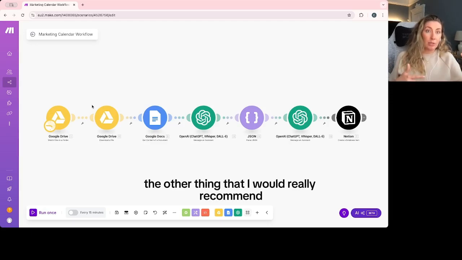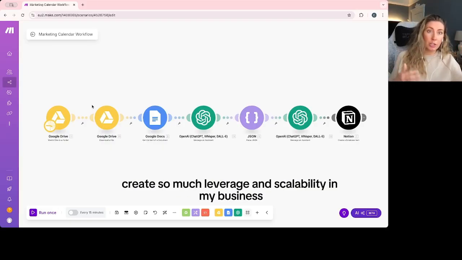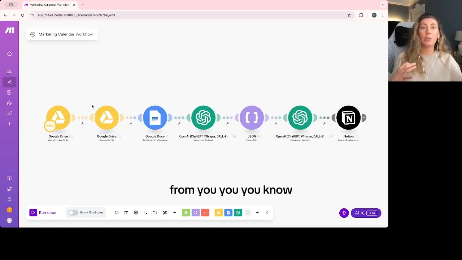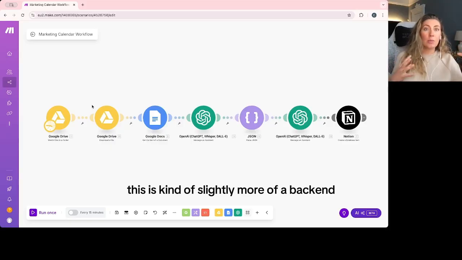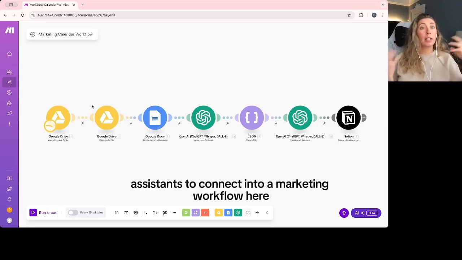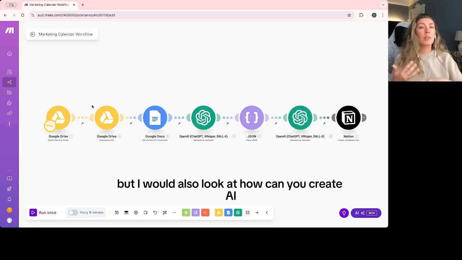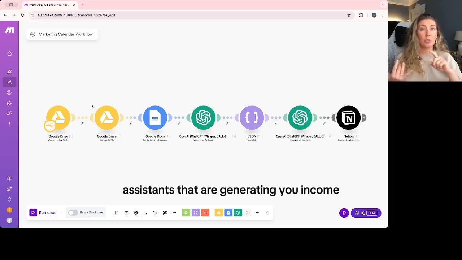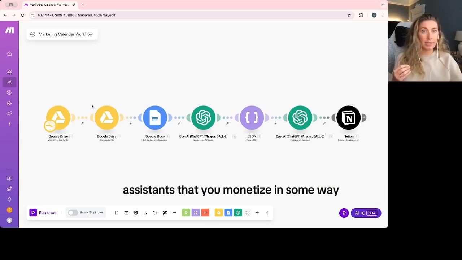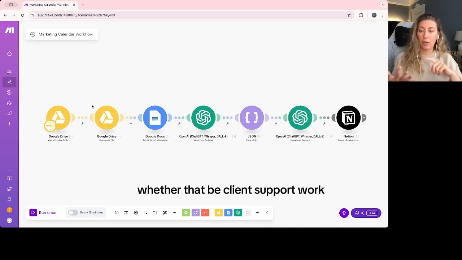The other thing that I would really recommend that you consider doing, and I do a lot, and it's one of the reasons why I can create so much leverage and scalability in my business, is to train AI assistants to actually do revenue generating work for you. This is slightly more of a back end operational task, in the sense that I am getting my AI assistants to connect into a marketing workflow, which is in a sense generating me money. But I would also look at how you can create AI assistants that generate you income, either as products themselves, where you create these AI assistants and monetize them in some way, or they're actually delivering your client work for you, whether that be client support work,